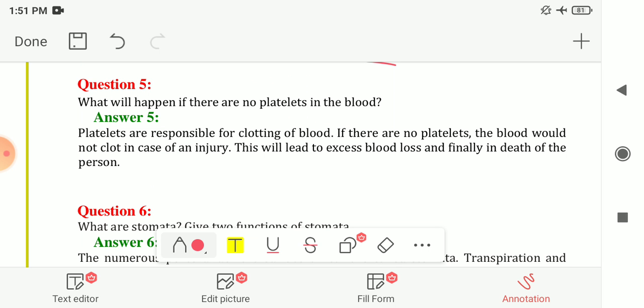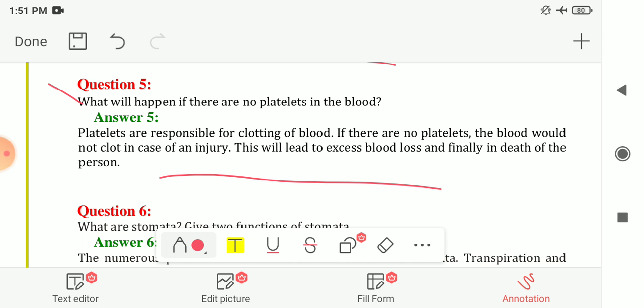Next is fifth number. What will happen if there are no platelets in the blood? So platelets are responsible for clotting of blood, that we know, and if there are no platelets, the blood would not clot in case of an injury, and this will lead to excess blood loss and finally to the death